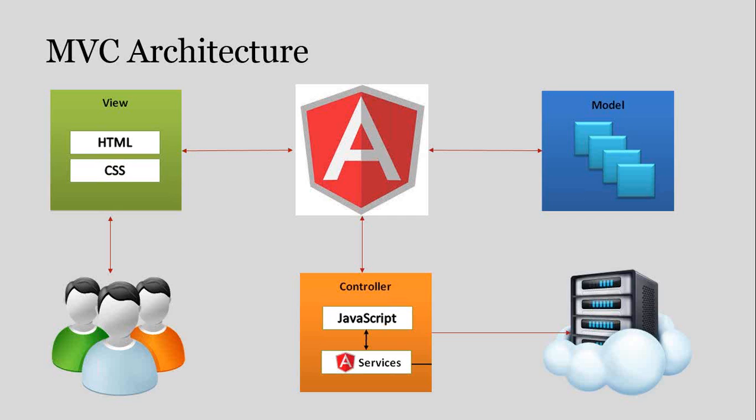And overall, this is the architecture which we will cover during the course. Just to give an idea of what AngularJS does, assume you are a user logging into some website which has HTML, CSS contents, and AngularJS controls what you should be viewing on the website, and in the backend it also connects to a lot of services. And model here means data. Okay, so we'll be covering this during the course.